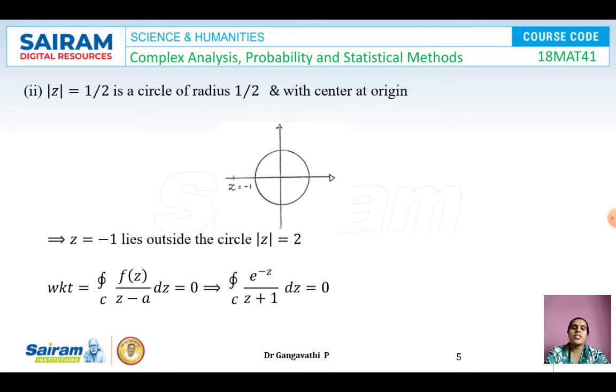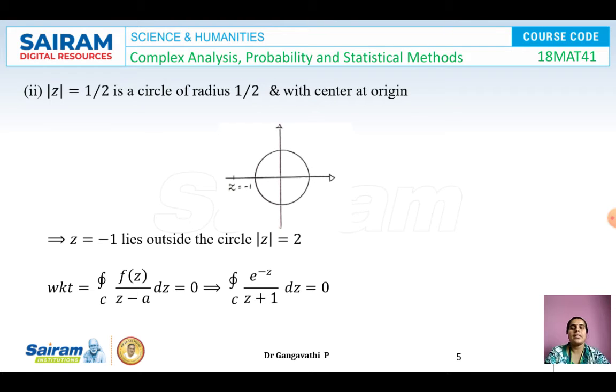So, the Cauchy's integral formula mainly concentrates on whether the point z is equal to a lies inside the given curve or not. If it lies inside the given curve, then only we have to perform further. Otherwise, the answer becomes 0, which we all know very well. While proving the theorem itself, we have discussed about it. The same concepts we are applying here.